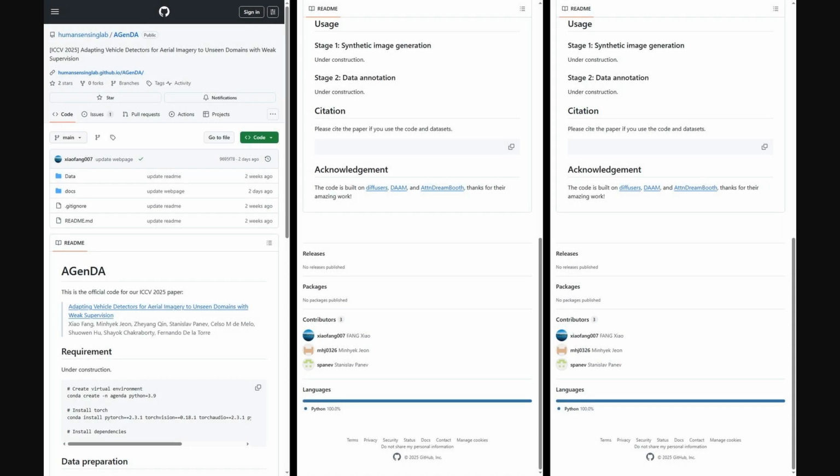Also, the authors shared their official code on GitHub. When you check it out, you'll see it's still a bit of a work in progress. The core usage sections are under construction, but you will find the initial setup instructions, dependencies, and pointers for data